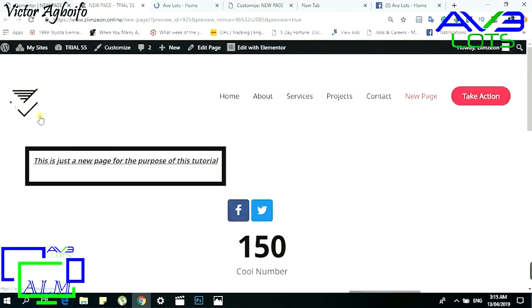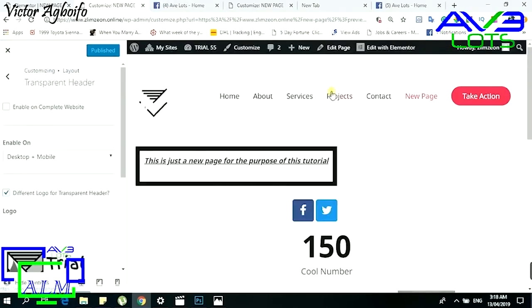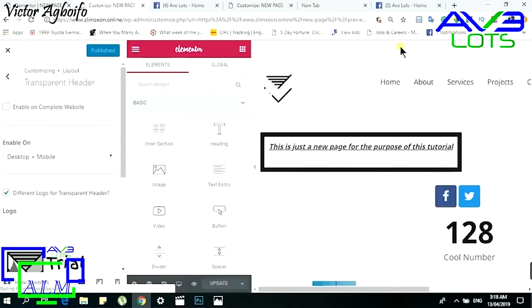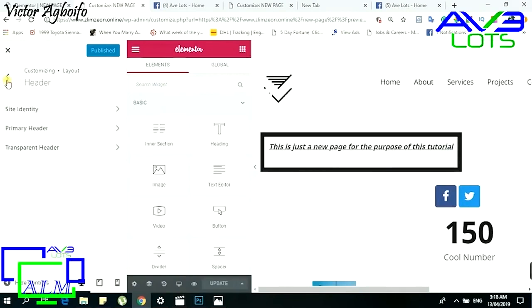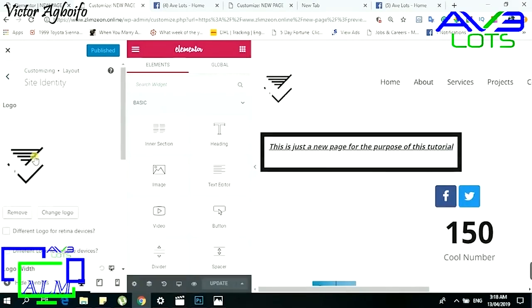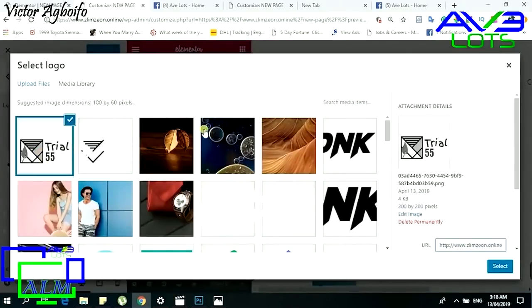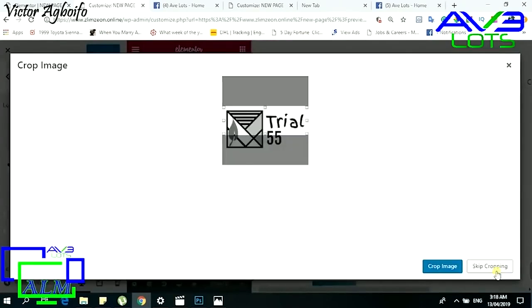Now one more thing we need to do. Our logo is off here and it kind of looks weird. So let's go into our Elementor editor and see what we can do about that. Actually, let's go to our WordPress editor. From here, we change the logo. Let's pick the black logo. Select a black logo and do some cropping. Crop the image and,